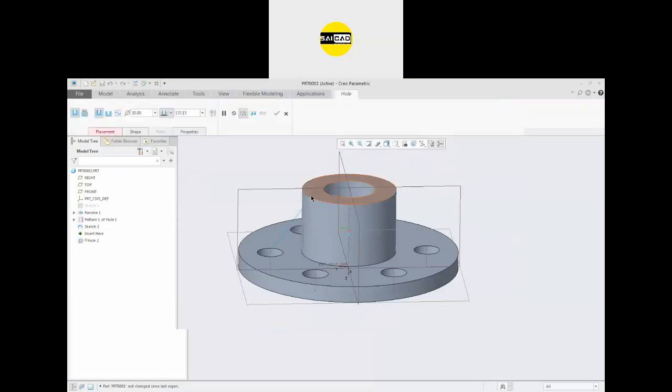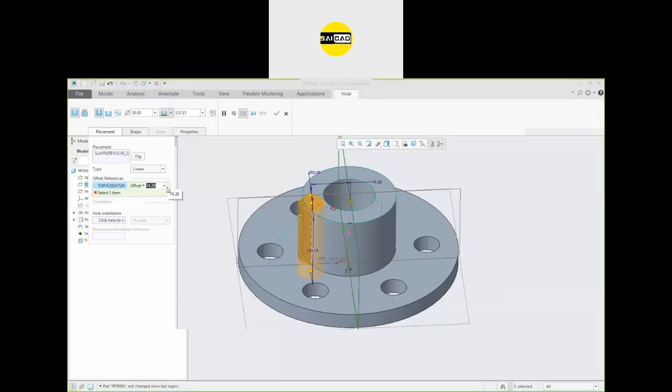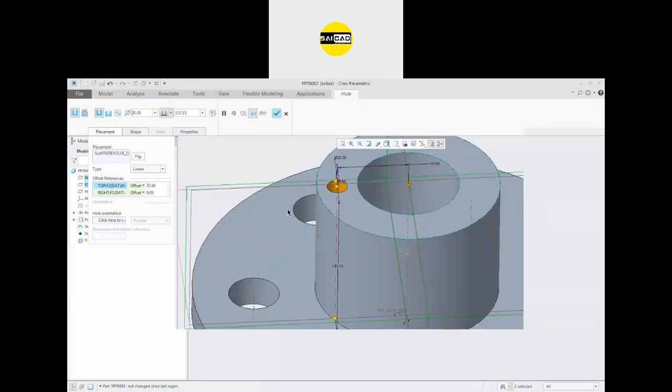Now create a hole on the face where you want. Define the orientation here and here. Define the values. I've not selected this one. So this will be 0 and this will be at a distance of 70. The diameter will be this. This is the hole.